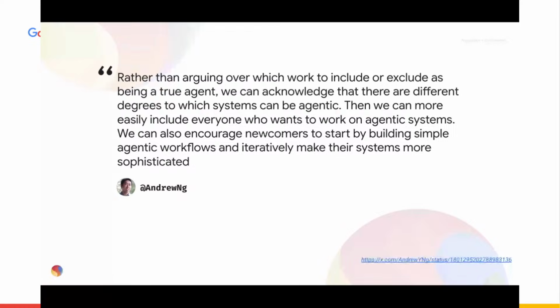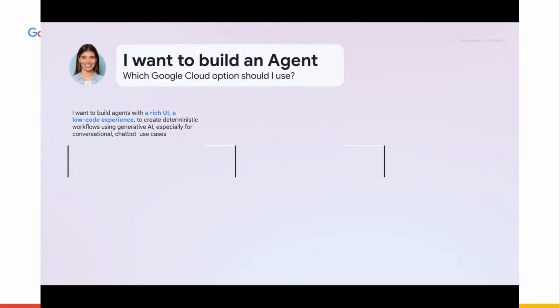But the concept of it is giving the foundation model an extra ability to perform the things which it doesn't currently have, is a good enough definition, I think. But we don't have to agree on what an agentic pattern is, but how you would be able to develop it is where we are going to focus on today. So I want to build an agent in Google. And how do I start?